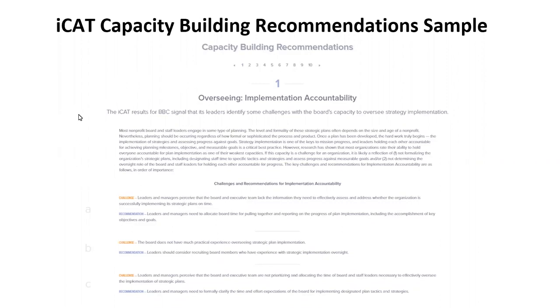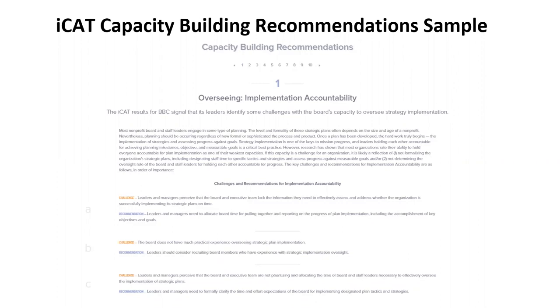So in this sample, we're seeing a suggestion that for this particular organization, accountability around implementation might be an area to focus on. The headline says that the iCAT results for this organization signal that its leaders identify some challenges with the board's capacity to oversee strategy implementation.